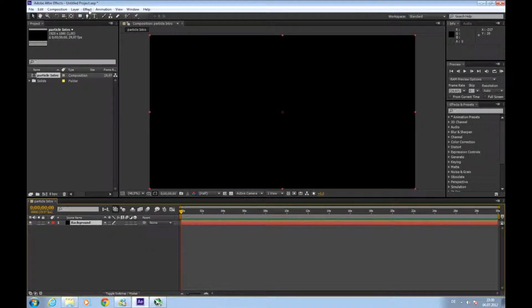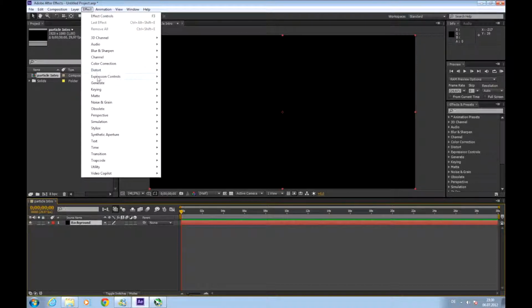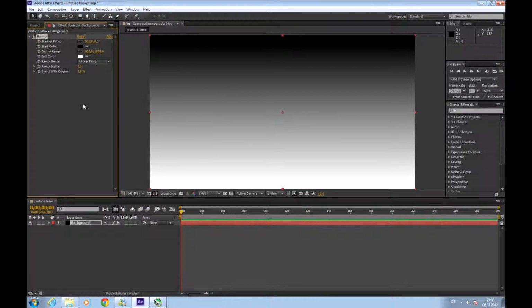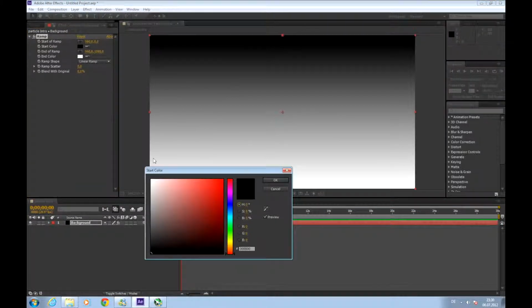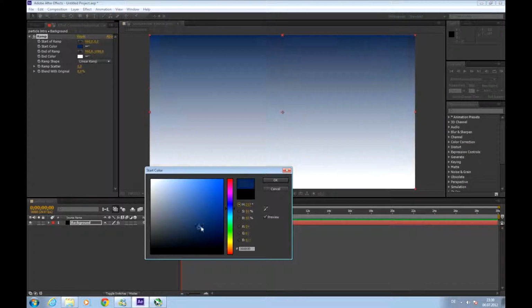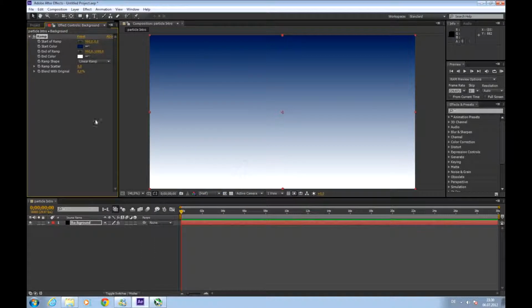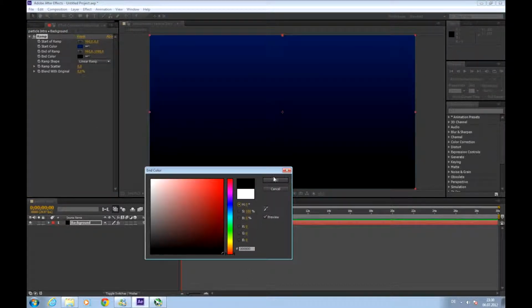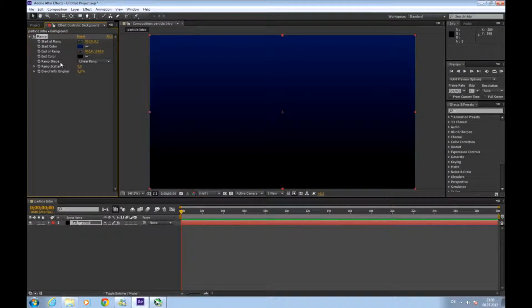And create a new effect, generate, ramp. Change the start color to a really dark blue, something like this, and the end color to black. Okay, then we'll change the ramp shape to radial,